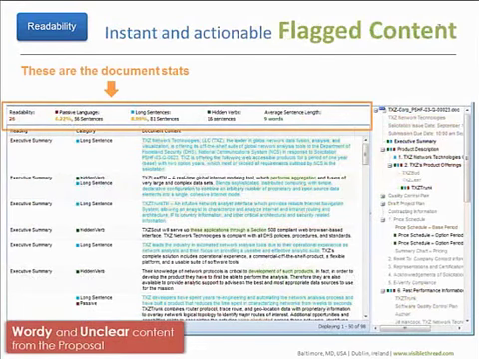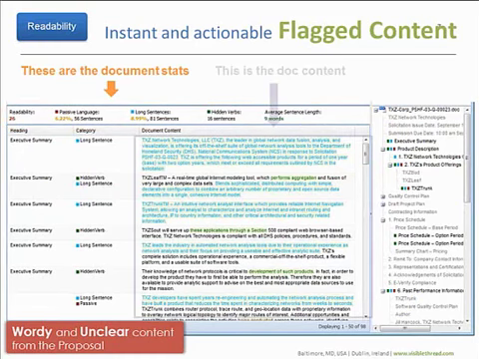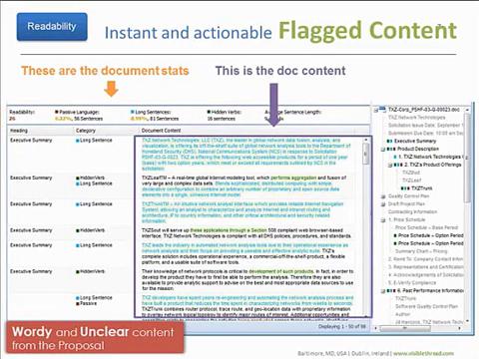This is when we want to go into the specific detail of a given document. So the previous screen showed us almost the kind of side-by-side view of documents as they relate to each other. This one is a more detailed view. It's a single report, and what you see on the top are overall statistics for that one document. What you see here underneath the arrow titled "This is the doc content" is the actual content,